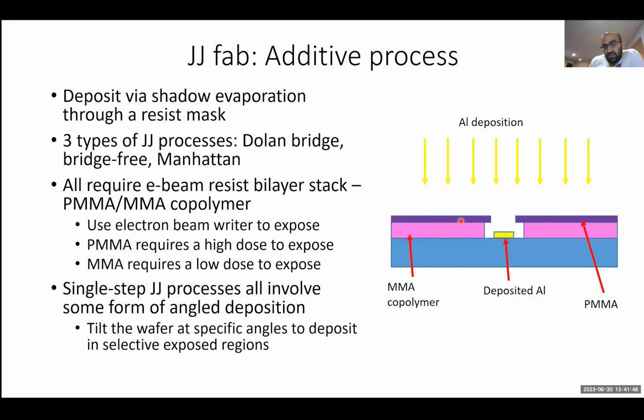The PMMA here is the top layer, and the MMA is the bottom layer. These are two electron beam resists that have different sensitivities to the electrons. For example, PMMA requires a high dose to expose, and MMA requires a low dose to expose. And we can take advantage of that fact